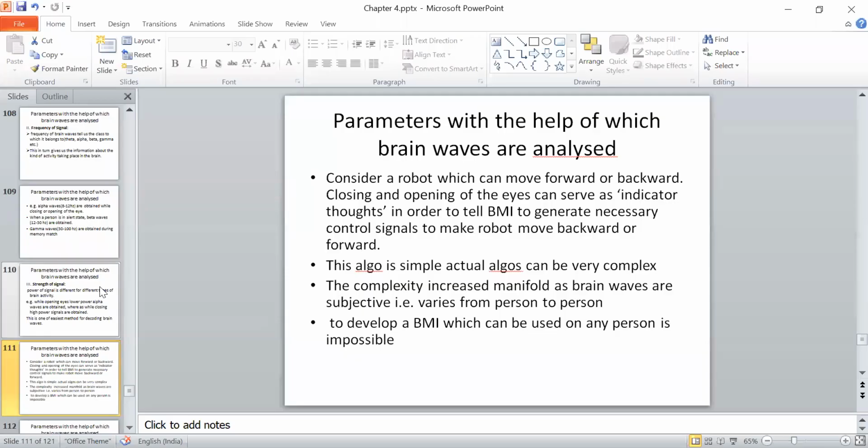So, if you connect a human to the BMI interface, it is not only the BMI interface that has to work in this particular processing and reading part. It is the human also who has to be trained to work with the BMI.